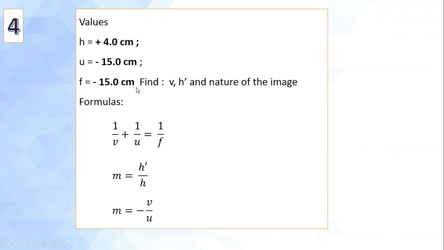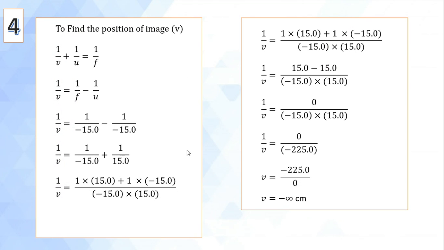After writing all the values, write the formulas involved in this problem. Then after this, we are going to calculate v, position of the image. In the mirror formula, 1 by v plus 1 by u is equal to 1 by f. We know the value of f and u, therefore 1 by v is equal to 1 by f minus 1 by u. I'm substituting the value of focal length and object distance, and by doing normal arithmetic operations,